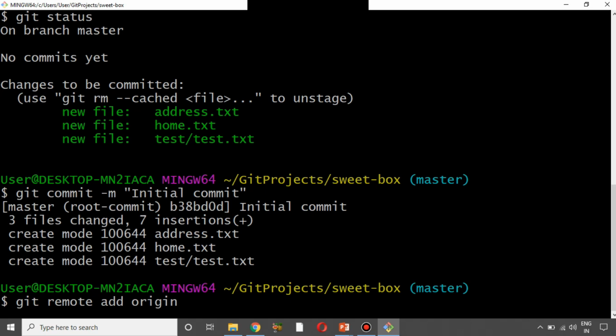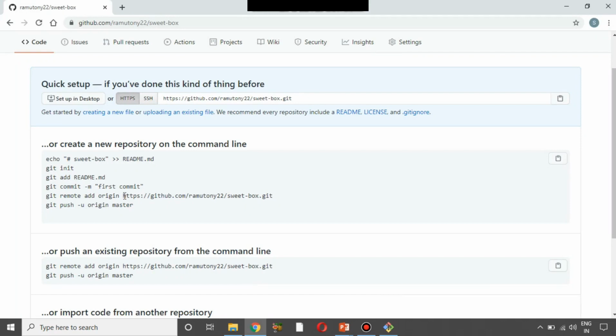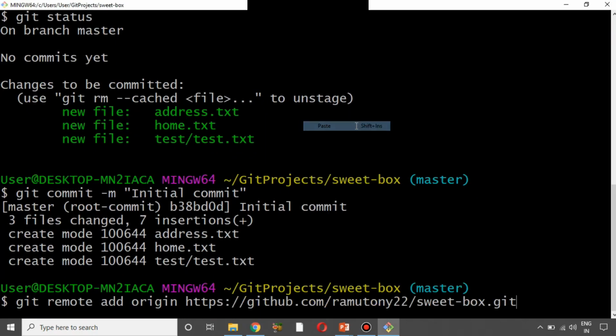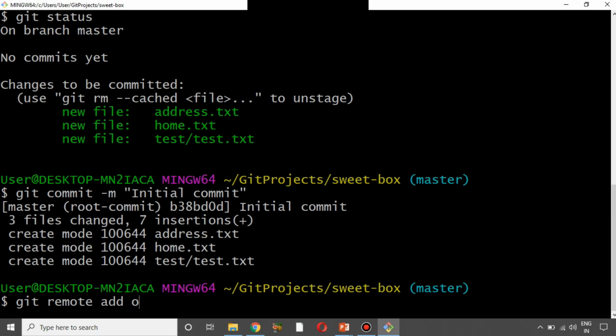So I'm going to say git remote add and then origin, and then you need to provide the repository URL. So I'm going to copy this. It has been copied now and I'm going to paste it here. What we are doing here is providing the communication between our local project and the remote repository. For that I am just adding the server name as origin. That's it. But before giving enter, I am going to press backspace and let's check what the previous remote repositories or the previous servers that were added are.